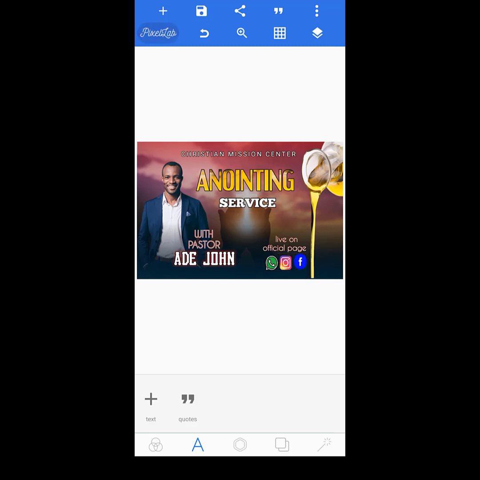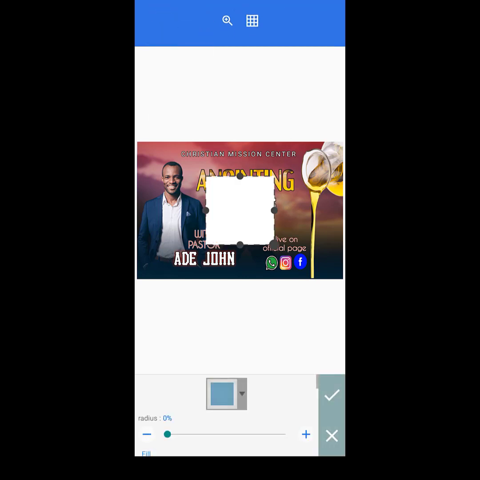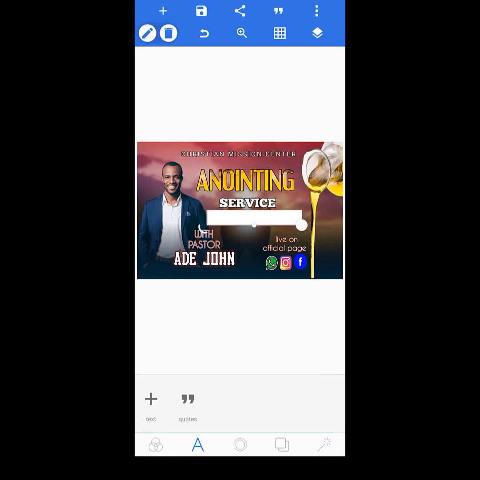Okay, good. So I'll be going to where I have my shapes. I'll reduce that a bit. I'll increase that a bit. So I'll be placing that somewhere around here. I want to put in my time there, the time that the program will be running. That is what I want to place there. Okay, so I'll put that there. Okay, so the time,